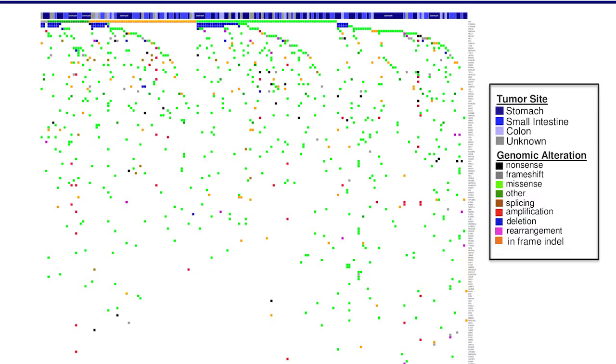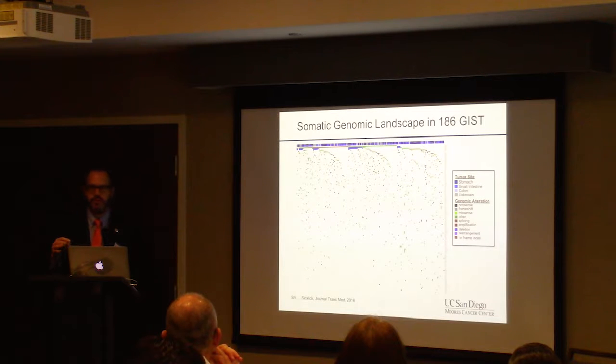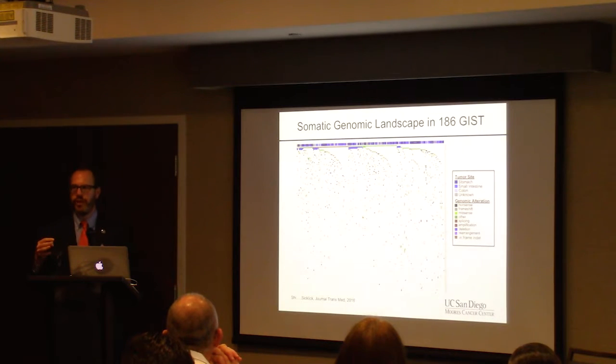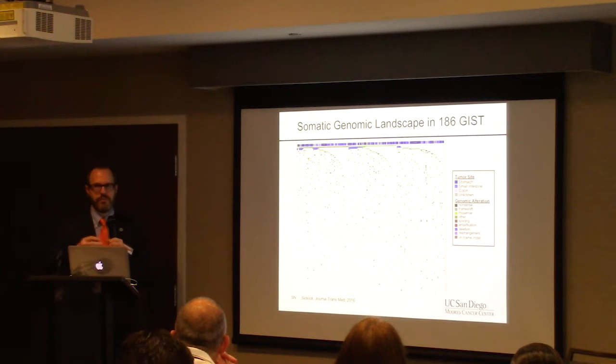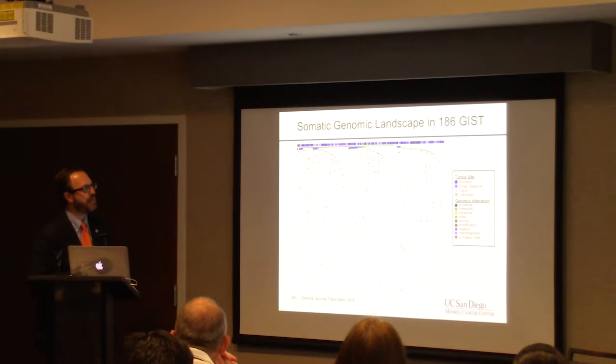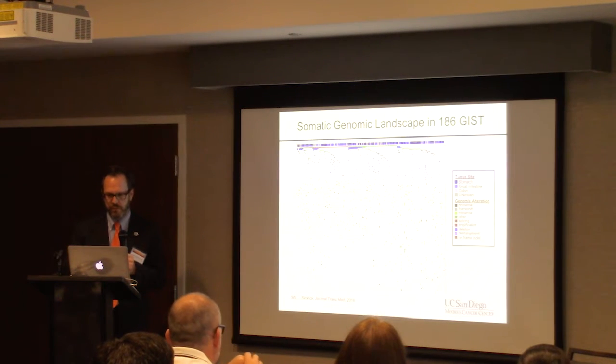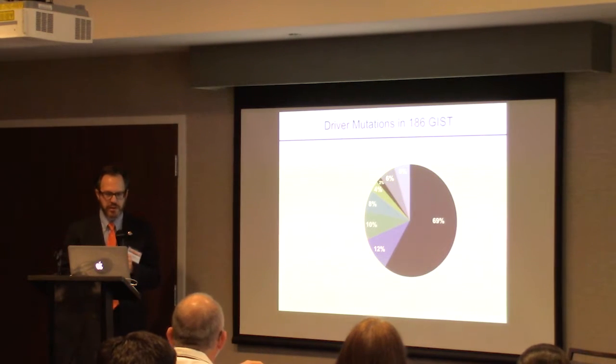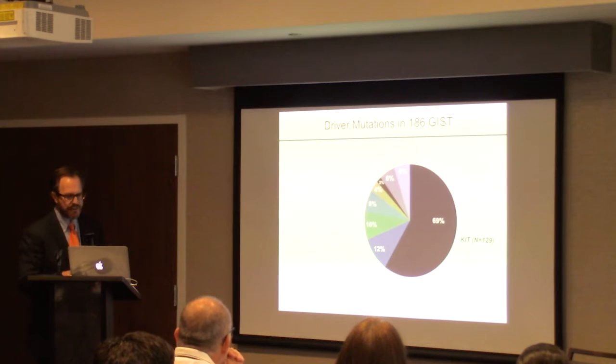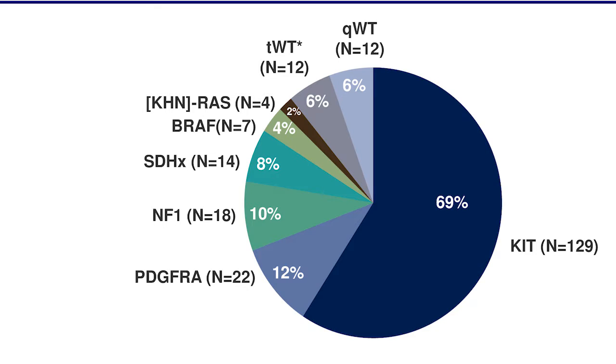But really the big picture here, the 30,000 foot view, is that there are a lot of other genetic alterations in GIST, and so we need to think outside the box a little bit, beyond just these specific driver mutations that we've really been focused on over time. When we looked at their database, we identified about 70% were KIT mutant, 12% were PDGFRA, and then we started getting NF1, the SDHs, the BRAFs at about 4%, these KRASs, and then what we described